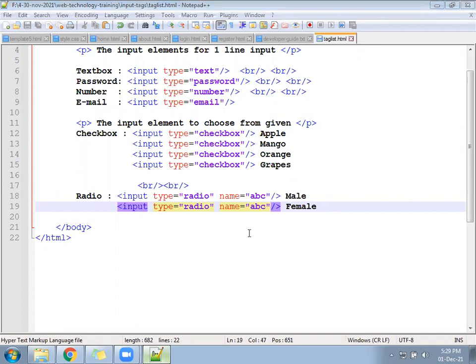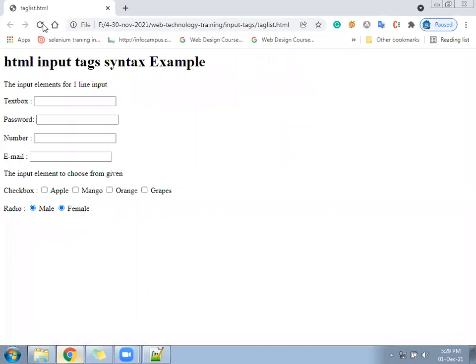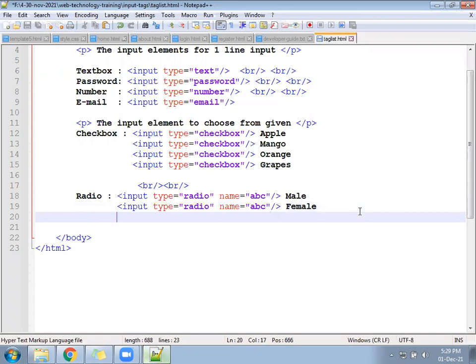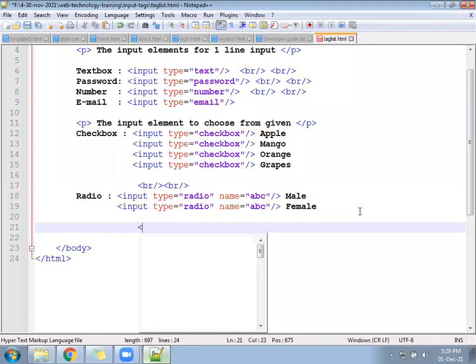Next, after this, you can write the next tag. What is the next tag we have? The next tag is called select. Write br.